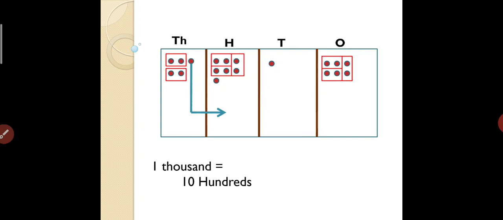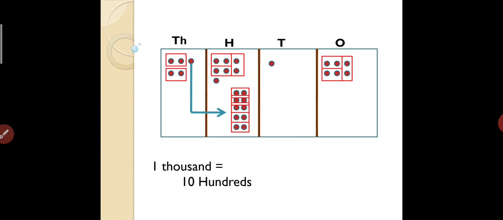If 1 dot gets shifted to the 100th place, instead of 1 in the 1000 place, in the 100th place that is equal to 10. 10 dots you have to make. 1000 is equal to 10 hundreds. We are making 10 dots. Here also you have to make the boxes. Each box should contain 2 dots. So you got 5 more boxes in the 100 place.